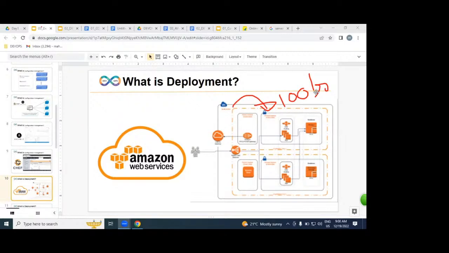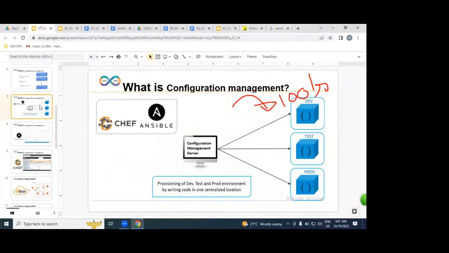If you have a laptop, we can configure it. If you don't have a laptop, from where can you get it done? That is the question. In how many ways can we get servers? Physically, like your laptop, virtually, and on the cloud. Which cloud? AWS. Hundreds of servers we are going to get from AWS. On top of those hundreds of servers, we can implement an automated process with the help of Ansible and Chef.